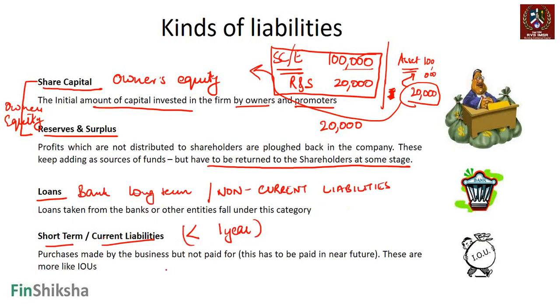So what could come in there is, let's say you purchase something for the business in the form of raw materials, but you have not paid for that. It is supposed to be paid in the near future. This is more like an IOU, right? These IOUs mean that in about a year, I have to repay the money. Let's say I'm a car manufacturing company. I got the tires from my tire supplier, but I did not pay them the money. That's a liability for me. They've given me money. That's a source of fund for me, right? Those tires effectively are like cash for me. I have not paid cash for it, right? That's a short-term liability for me.